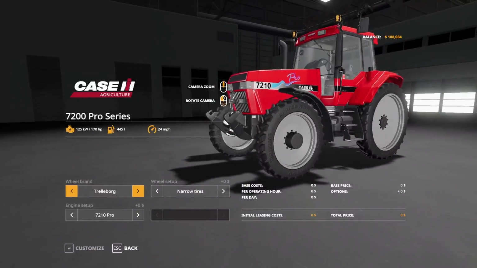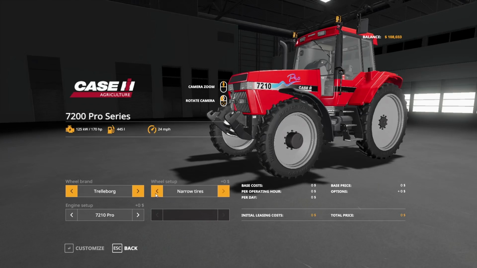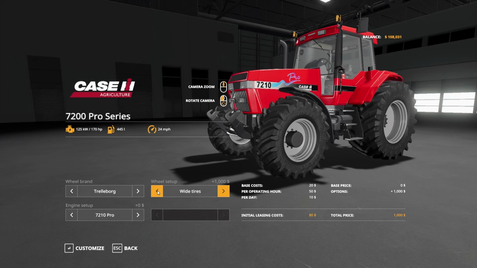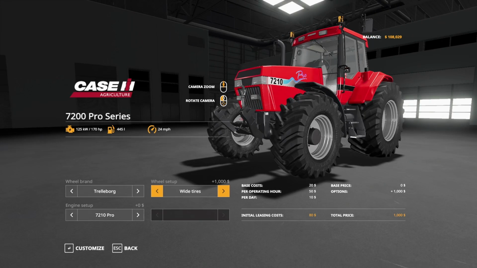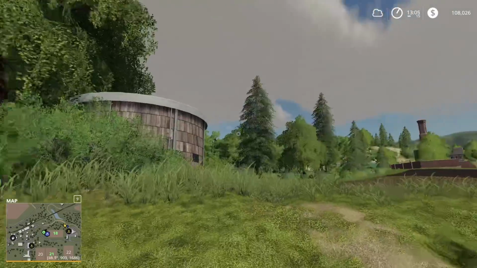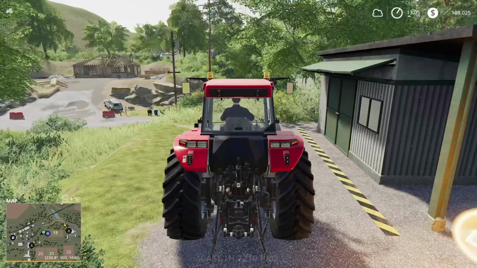Okay, so I bring the case over here back to our workshop, and we're just gonna stick our standard tires back onto it. It shouldn't cost us any money if this will click through here. Okay, and then I guess we cannot put a front loader on this tractor, so we'll have to switch it with the John Deere here, and